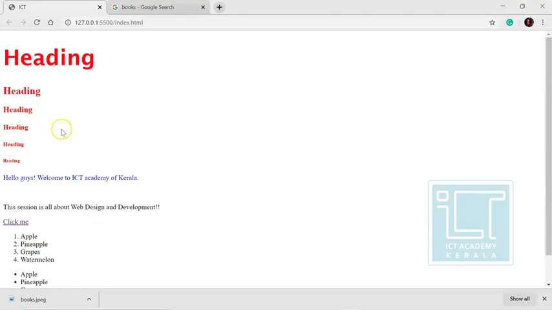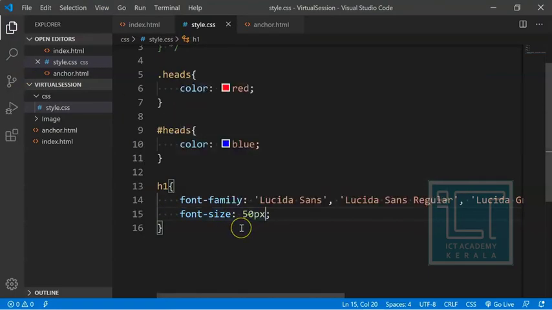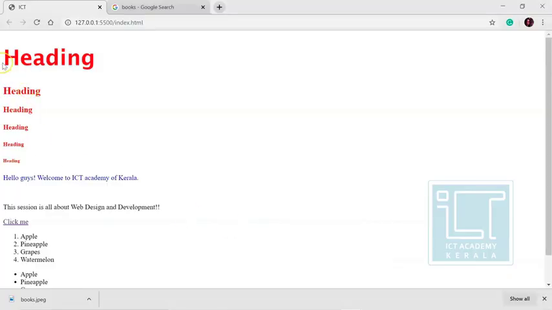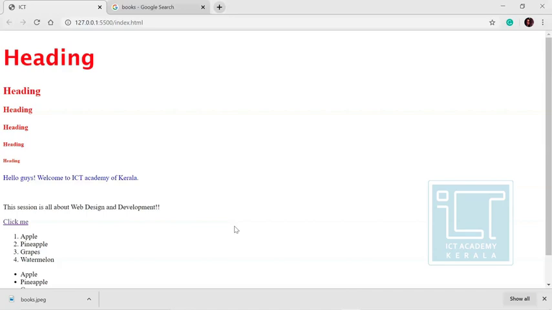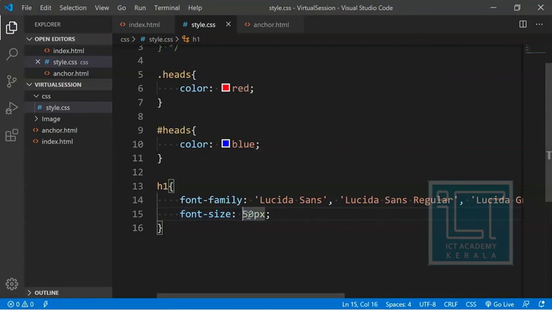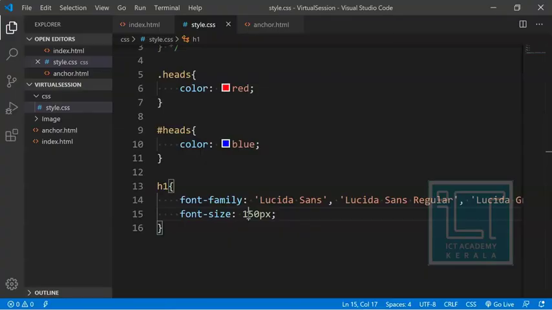See, the normal size for a P tag and others is 16 pixels, but heading 1 has a different size, which has now been changed to 50 pixels. Based on the pixels we provide, it changes. If I give 150, it will be much bigger. So depending on our need, we can change the font size. So that is about font family and font size.